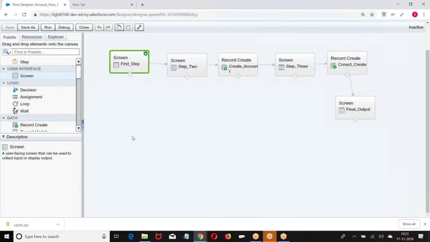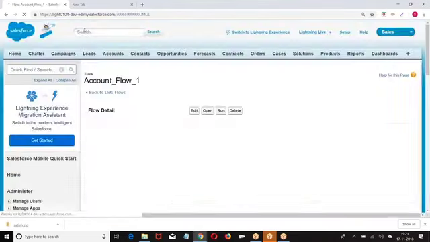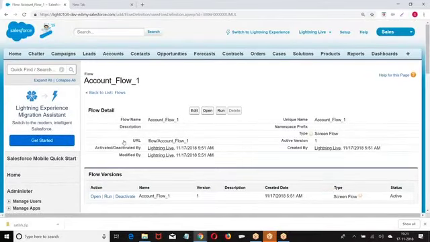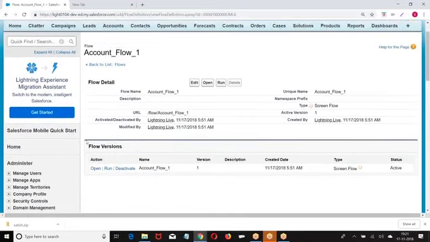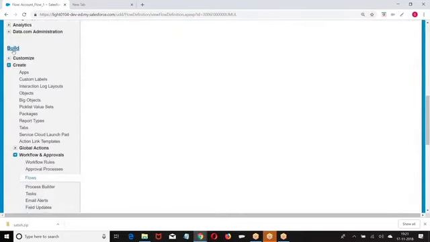Stream flow. Once you have created a stream flow, now from where can we access this screen? We have created a flow, right? Activate. From where can we access the flow? As a detail page button, or we can call it from the Visualforce page, or from the process builder. We can call the flow from a process builder, or from a button, or from a VF page. I'll go with a button and VF page.